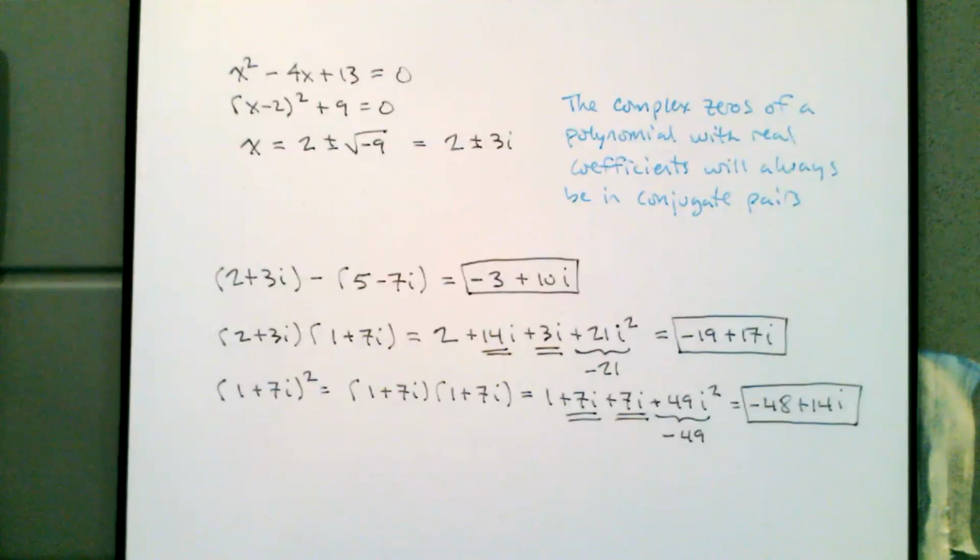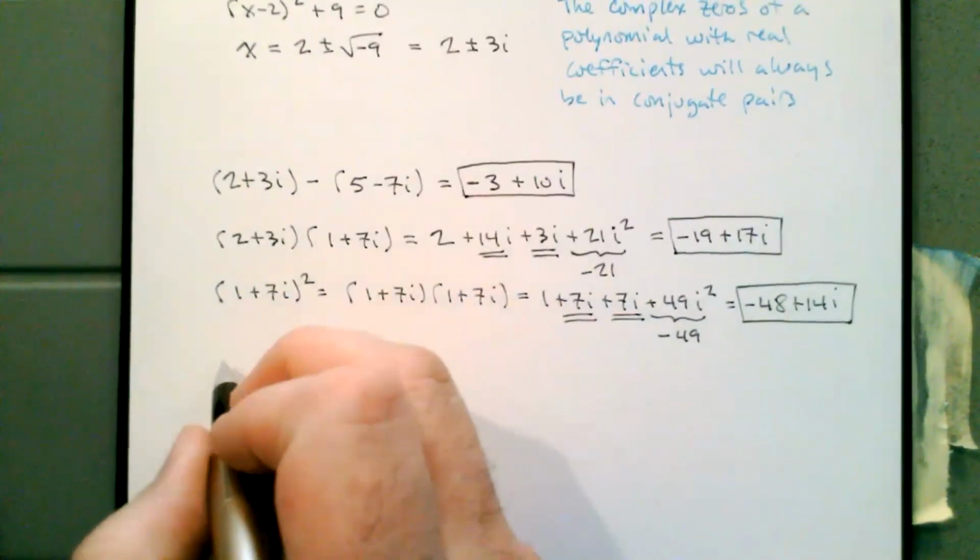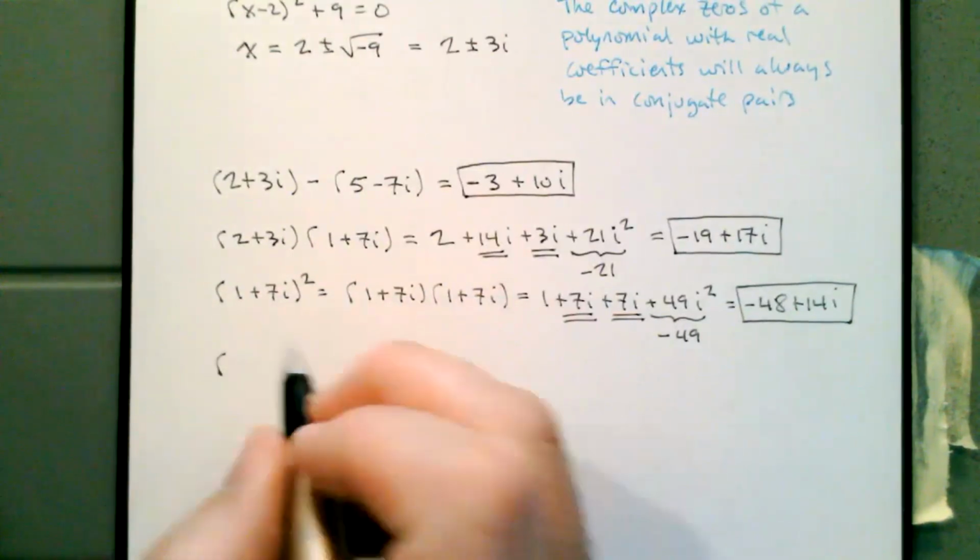I will admit that dividing complex numbers is a little bit more strange. Mostly because I don't focus so much on rationalizing square roots, maybe than I should. But dividing complex numbers is a little bit different. Let's suppose I have,